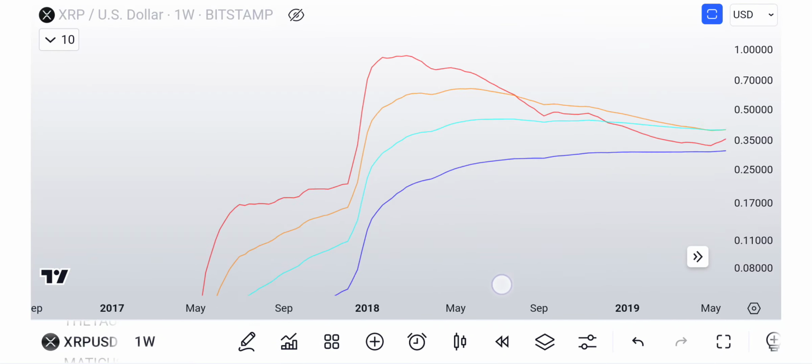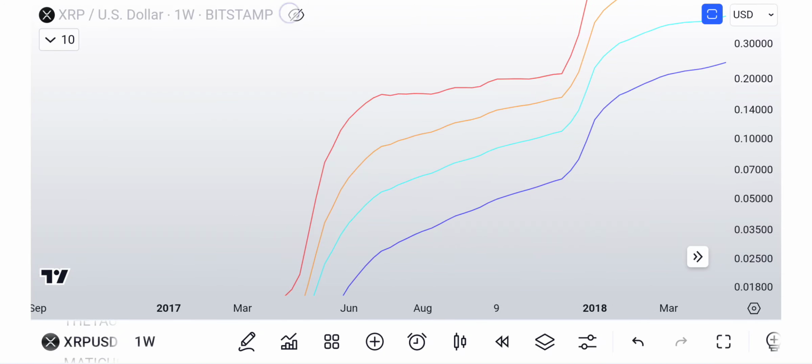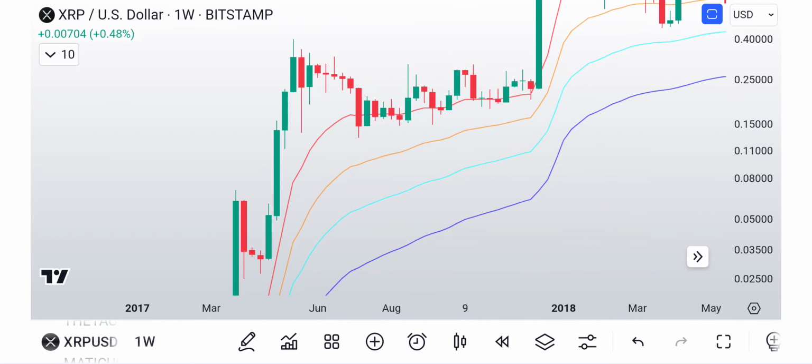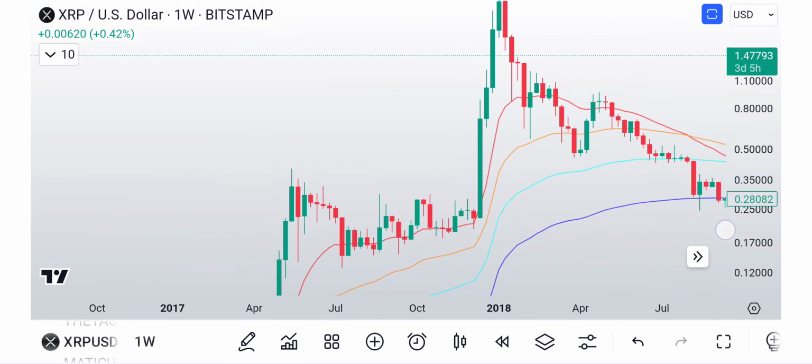And then once we got into this correction over here, you can see we were holding the 20 in here. And this is going to be important for our upcoming bull cycle. Are we going to be able to hold the 20, right? You can see the 20 is still angled up, angled up, angled up, right? Which gave consensus that it was still